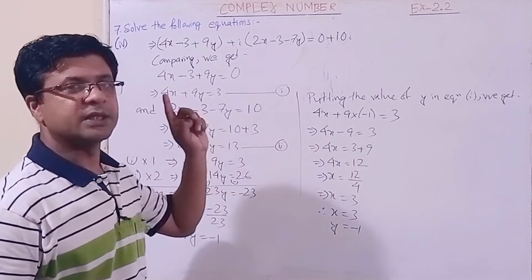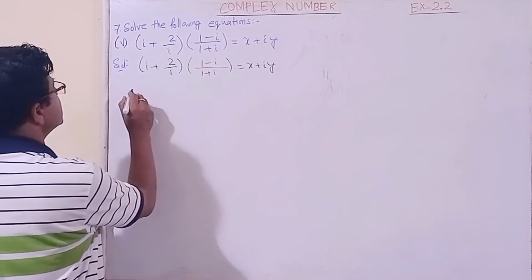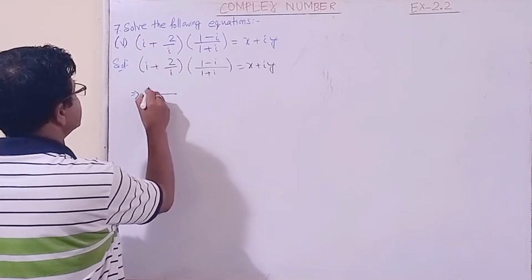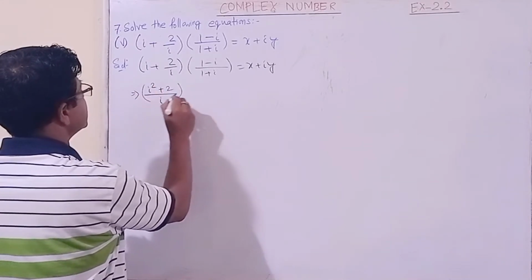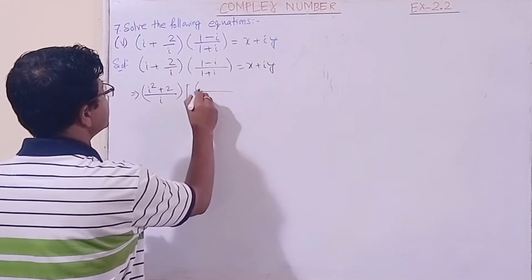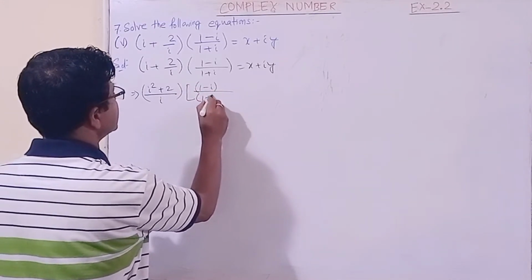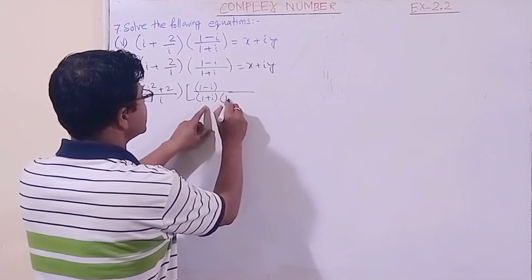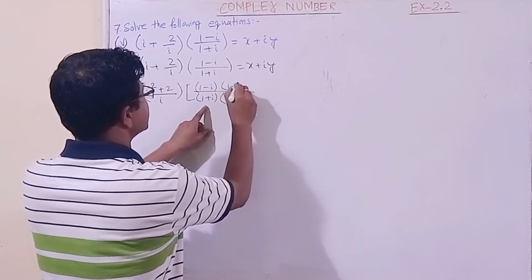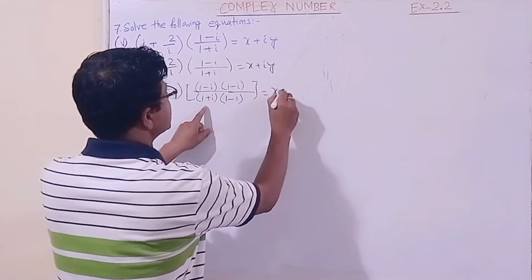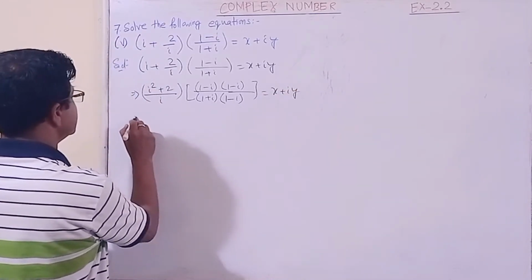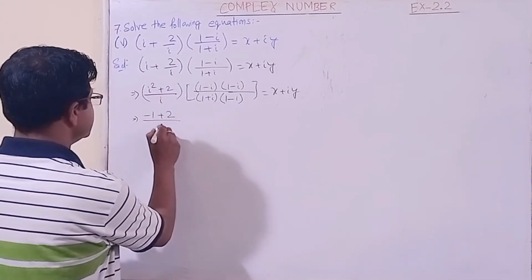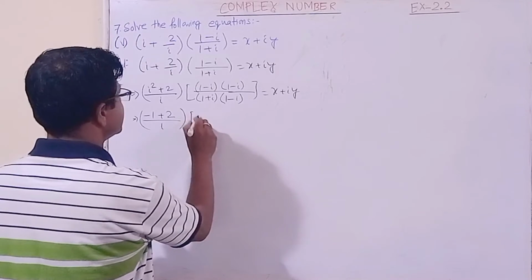Is it okay? Now only one is left, number 5. Now we are here to solve this fifth one. Let us take the LCM. This is i square plus 2, and here let us simplify 1 minus i, yet 1 plus i. To simplify, in the denominator by what will we multiply? By its conjugate. What is the conjugate of it? 1 minus i. So this is also 1 minus i. Okay, so it is x plus iy. So this is minus 1 plus 2, since i square is minus 1, plus 2. This is i.